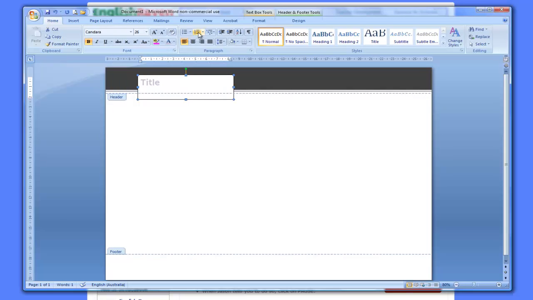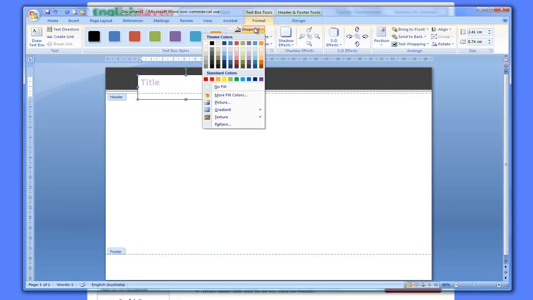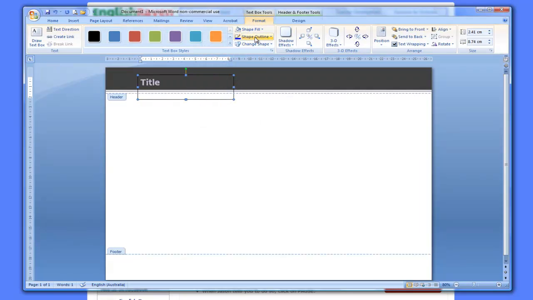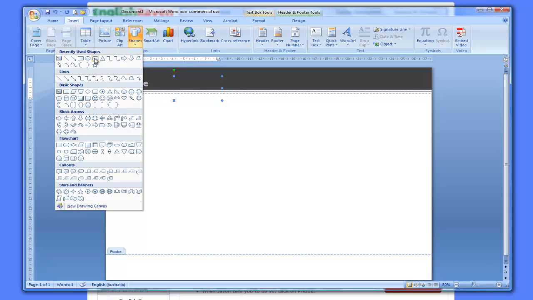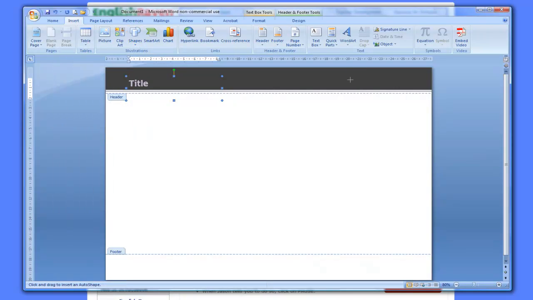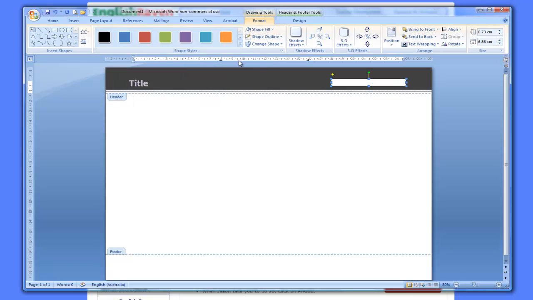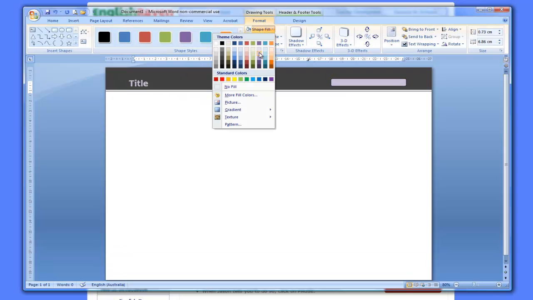and then I will go to my format, go for no fill and for no outline, and then I've got my floating title option here in the header. Okay, I might just pull that up a little bit, and as per the other tutorial as well, now I go back to insert, and I'm going to put in a rounded rectangle over here. Okay, about the same distance away from the edge as the title,